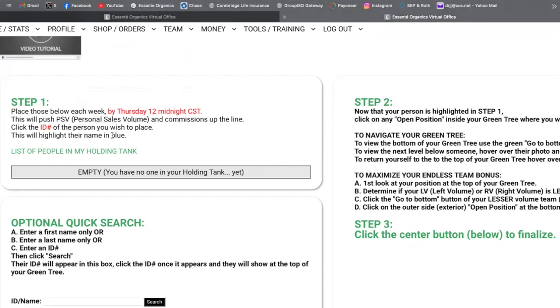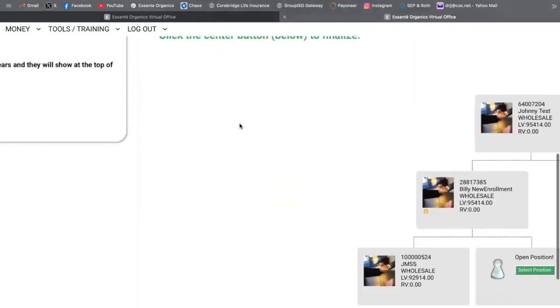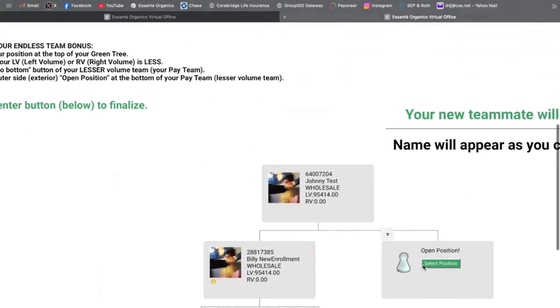You click on their ID number, it'll turn blue, just like the directions say here. You scroll here to step 2, and you find where you want to place them. In this case, I would recommend Johnny Test places them here. Start building your right leg, Johnny. You've got $95,000 in change in bank volume on your left leg. Let's get you active and then start building that right leg so we can start paying you in the binary,